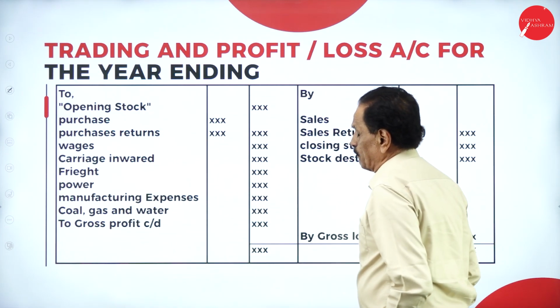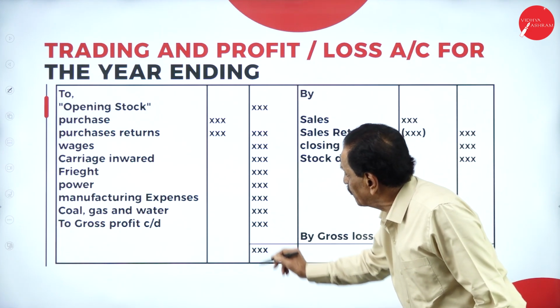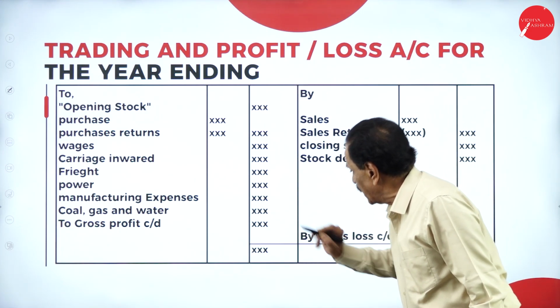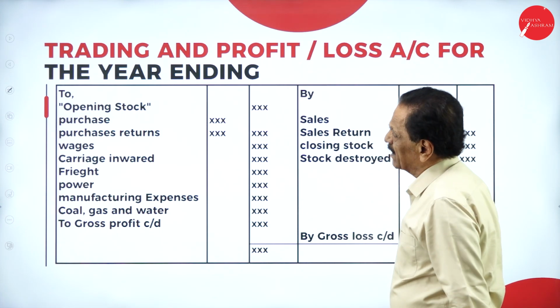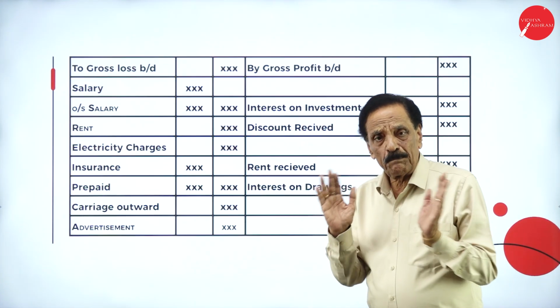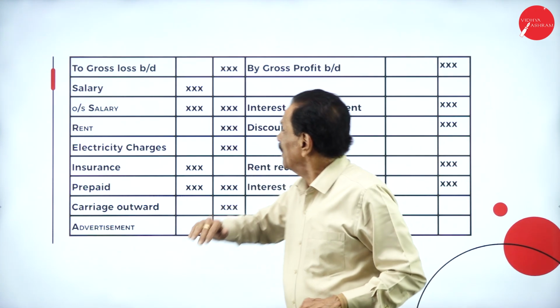Whatever the difference comes, this is the gross profit. If the credit side is more than the debit side, the difference is called gross profit. If the debit side is more than the credit side, it is called the gross loss. So once you prepare a trading account, we arrive at the gross profit or gross loss, then we move on to